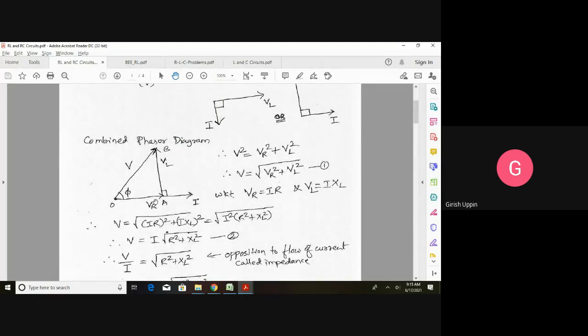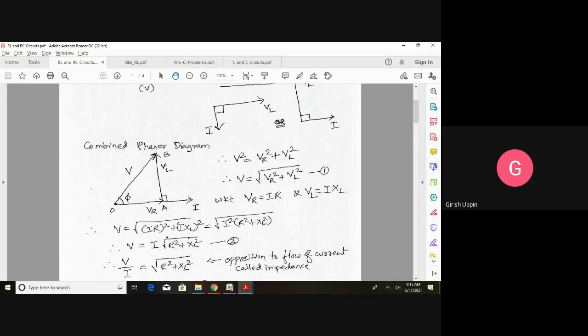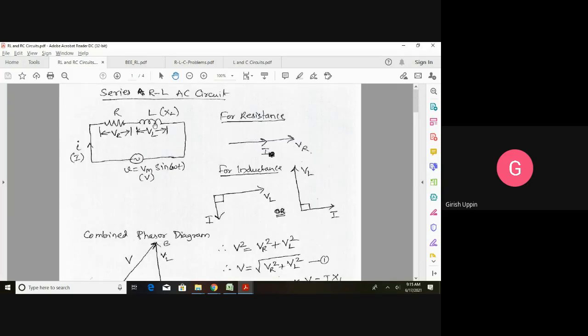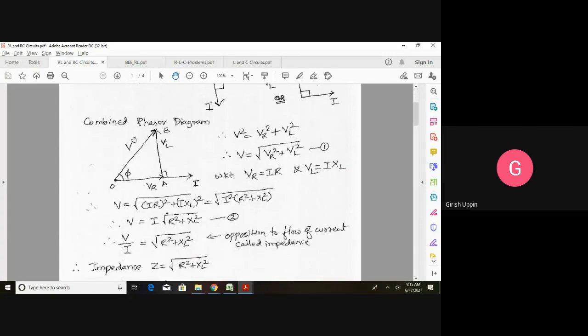Let us say this is the phasor diagram. Let us say I don't have a resistance. Let us begin with inductance. Let us say I don't have an inductance, I have just the capacitance. Just think that this is 0. We don't have it. So what we have is a resistance. So if VL is 0, you can see this point will come and join here. That means V is equal to VR.